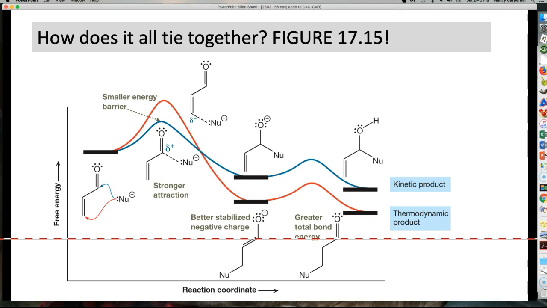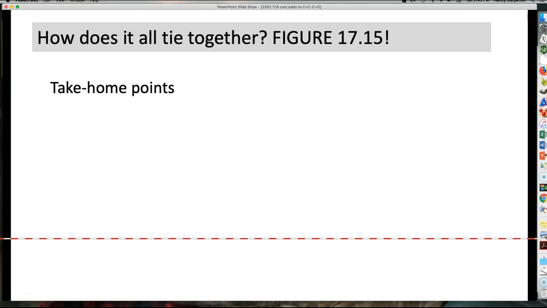All right, so how do you tie it all together? Well, this figure out of your textbook actually does tie it all together. But as you can see, it's kind of a nightmare. So we're going to go through the key points and then re-examine it. So the key points from figure 17.15 are